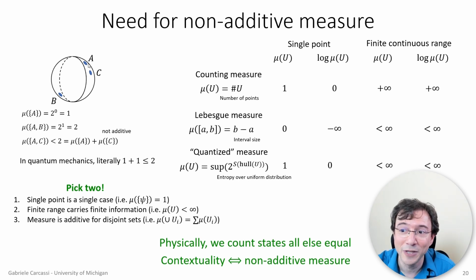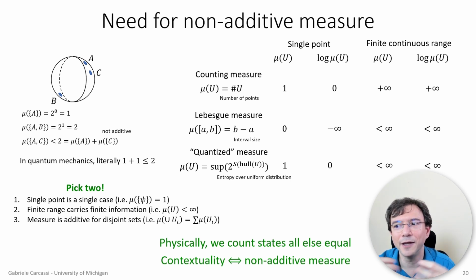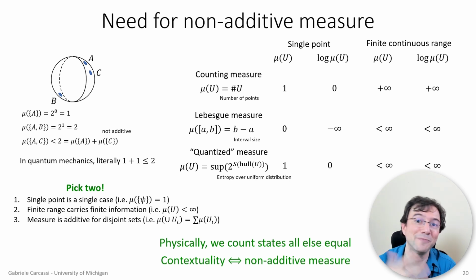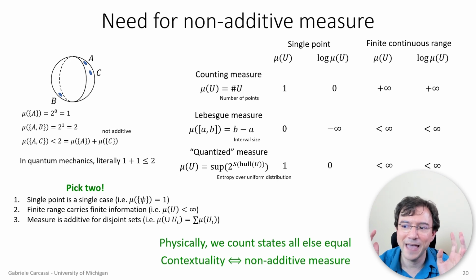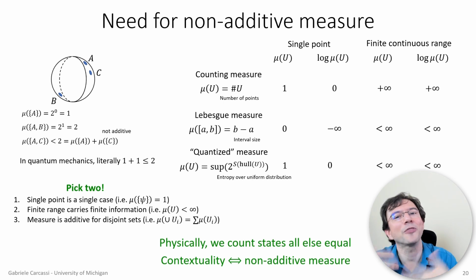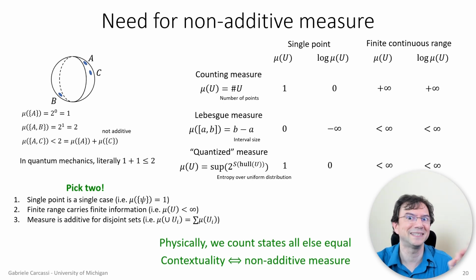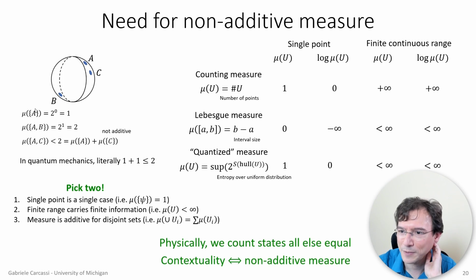that you have 2 distinct states, but those 2 states are not really 2 states with everything else being equal. So if you have A and C, the way that you prepare A is different than the way that you prepare C. The way that you measure A is different than the way that you measure C. And so, yes, there are 2 distinct states, but they're not 2 distinct states where all the boundary conditions are the same. So they are more than 1 state, but not quite 2 distinct cases where everything else is equal.